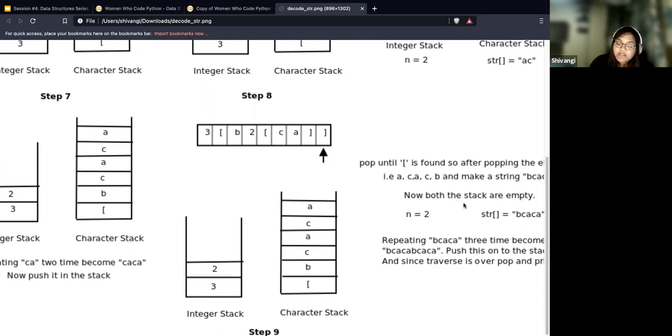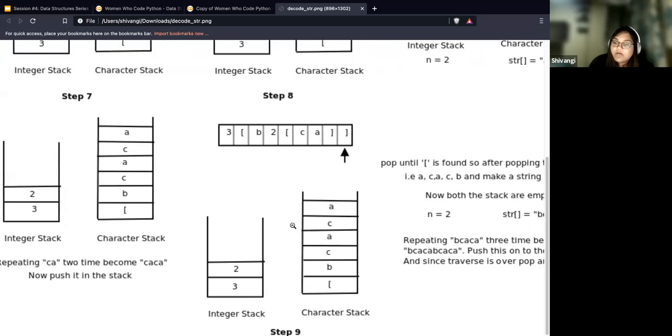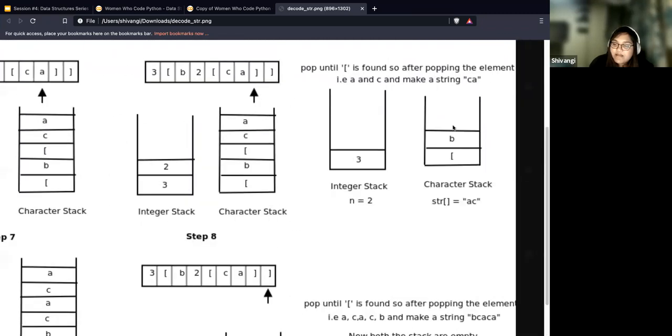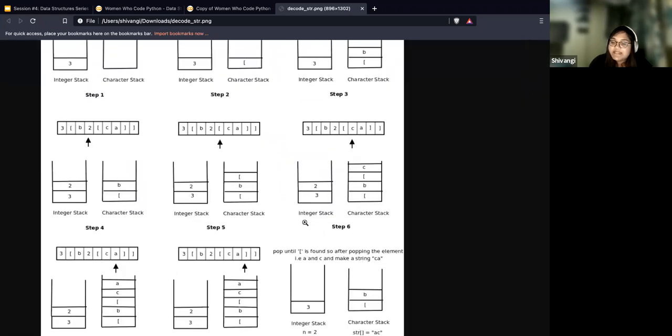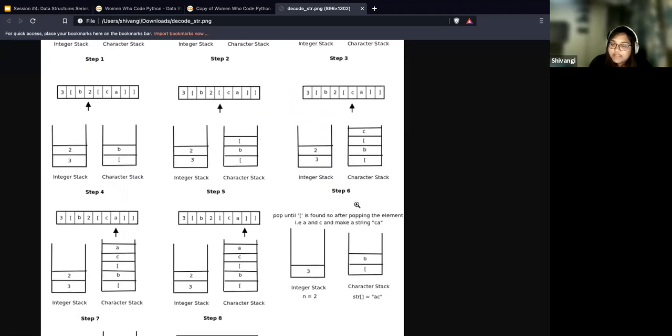Nidhi, what do you want me to repeat? Step 7. Okay. So over here, like I said, when you're popping things, it happens in the reverse order since it's a stack.